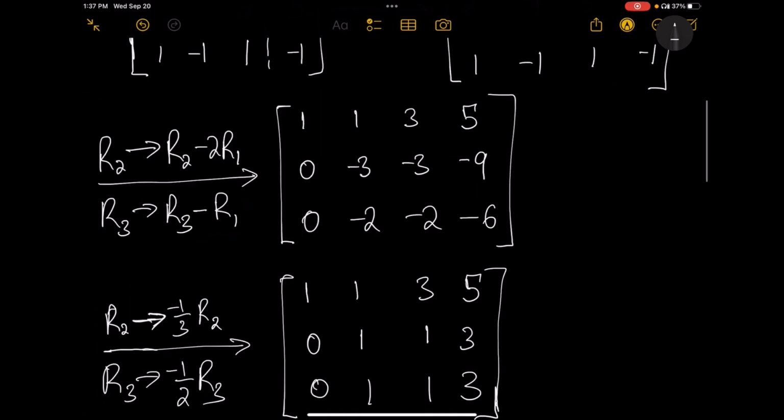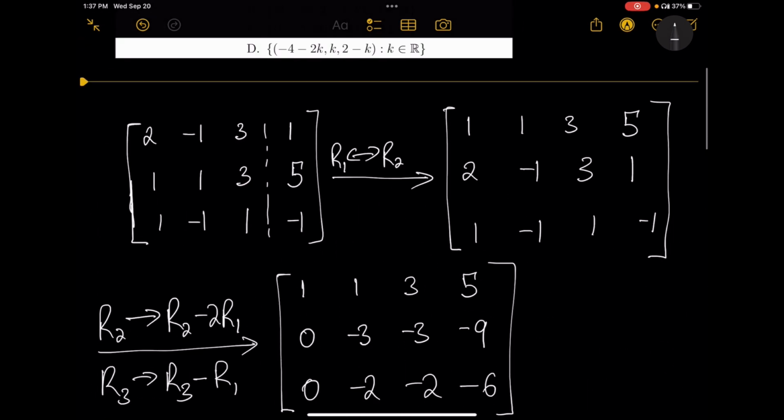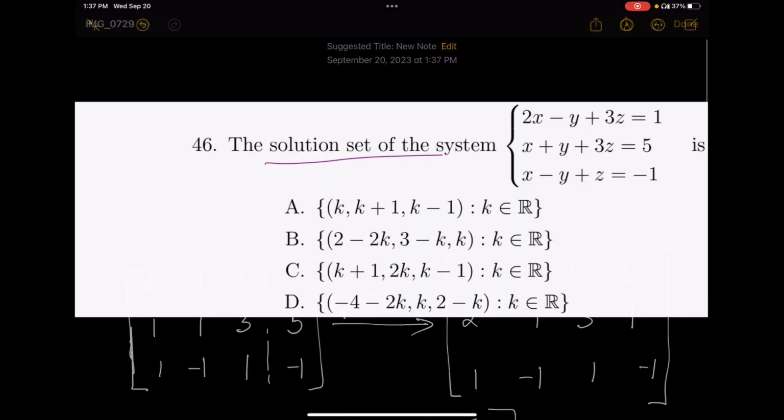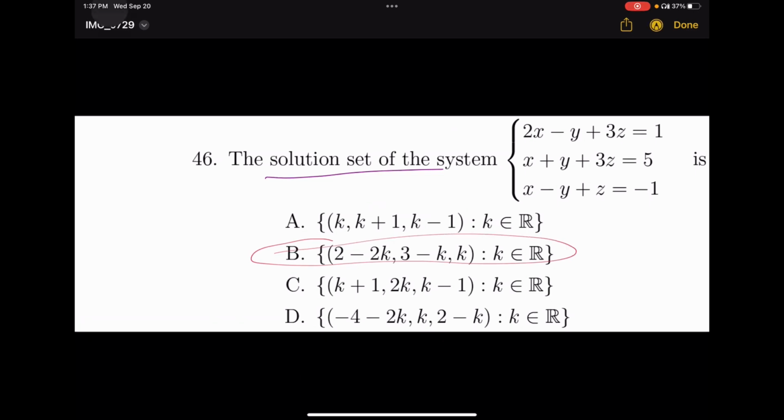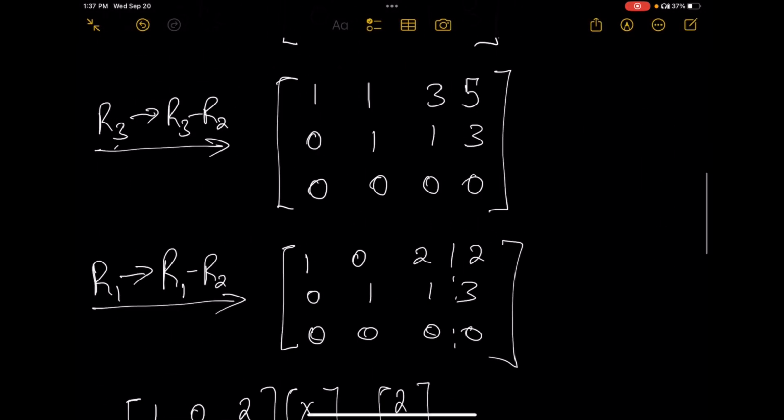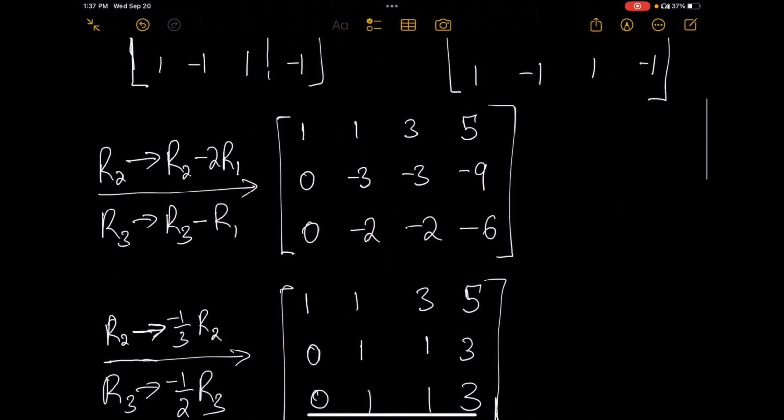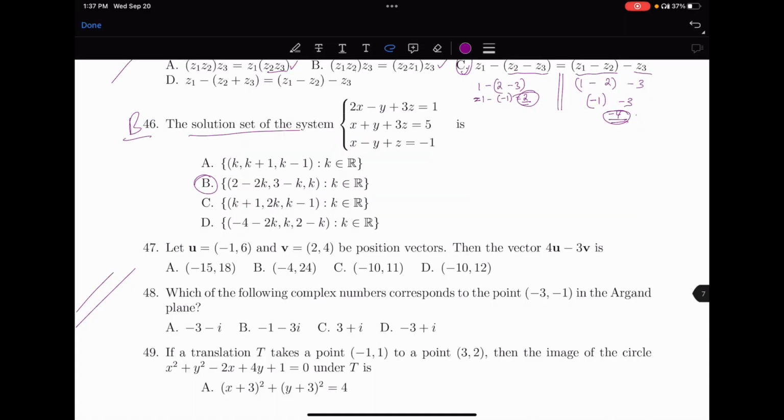ለዛ እንደኛ ያመጣው የትኛው ነው ማለት ነው መልሱ? I think it is B, right? 2 minus 2k, 3 minus k እና k. 2 minus 2k, 3 minus k እና k ነው። Okay, 47ኛ let u be this vector, b be this vector,